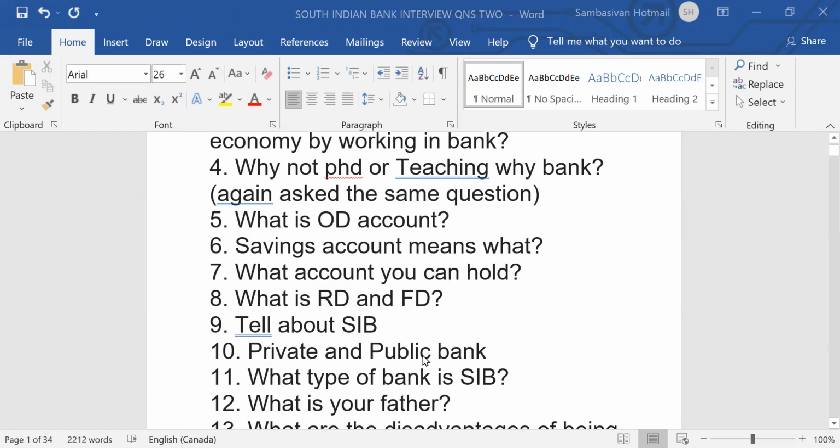Tell about S.I.B, South Indian Bank. Tell about South Indian Bank means I request you to go through the website of South Indian Bank and tell the important points that come to your mind. Especially there, they have given about us. What are the achievements made by them, like the first Kerala private sector bank for core banking, then cash currency, just like that. So many items they have given. Please go through that and tell the important points that come to your mind.